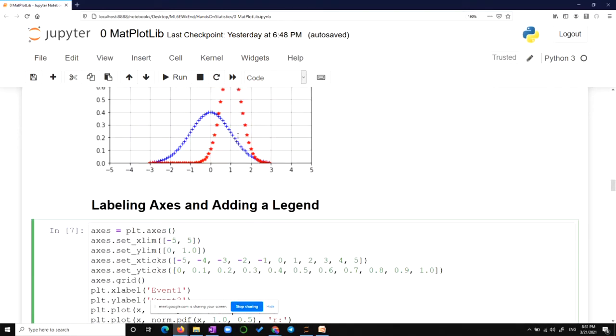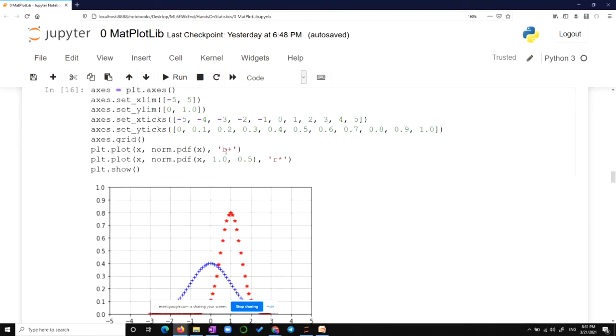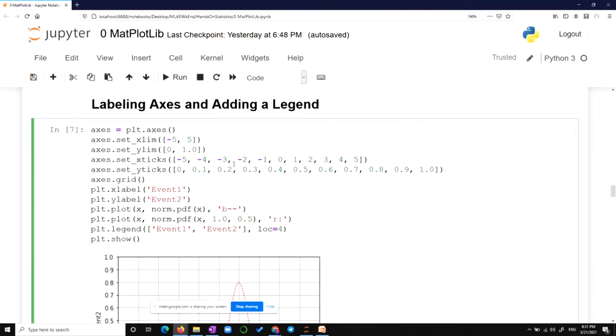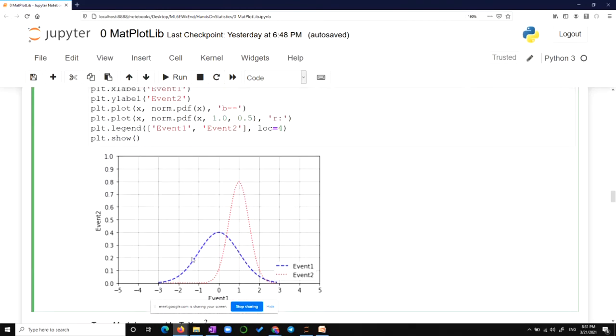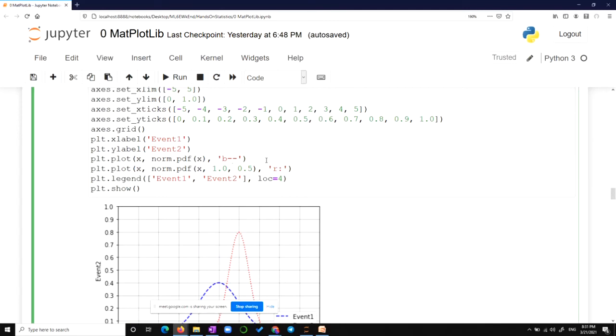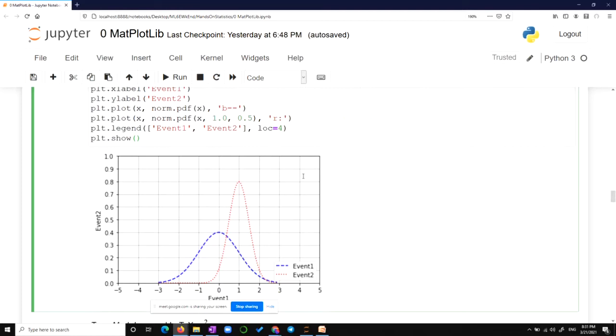See, instead of that, I have changed it a little. Here, I think it was b plus. So here we have taken double dashes, so it is going to give you that double dash. And this one again goes back to the colon. And that's it. plt.legend event 1 and event 2. But what is this? loc equals 4.